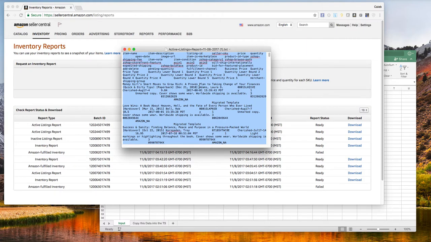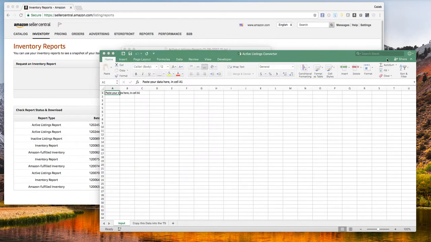So we're gonna do Control or Command A to grab everything, Control or Command C to copy it, and then you're gonna bring up the active listings converter. Again, you can download this from